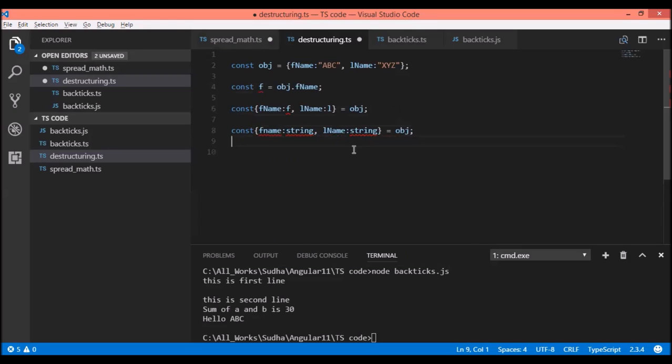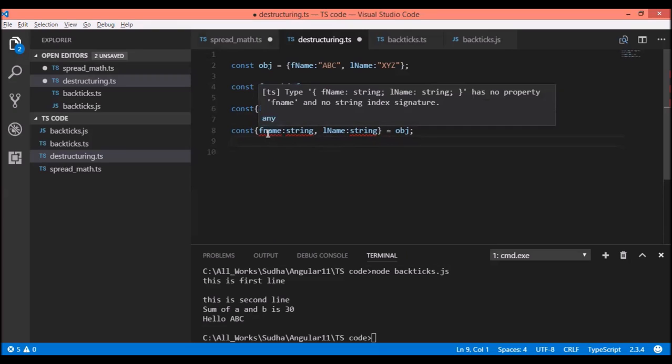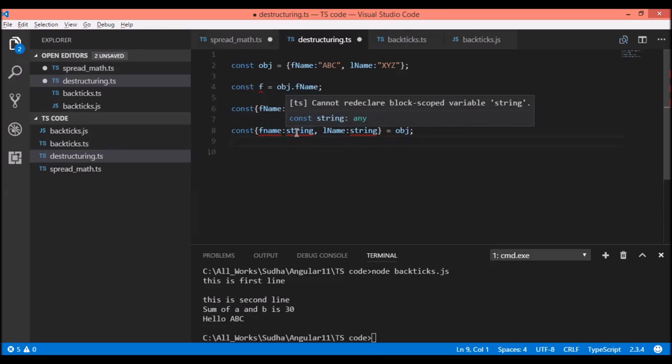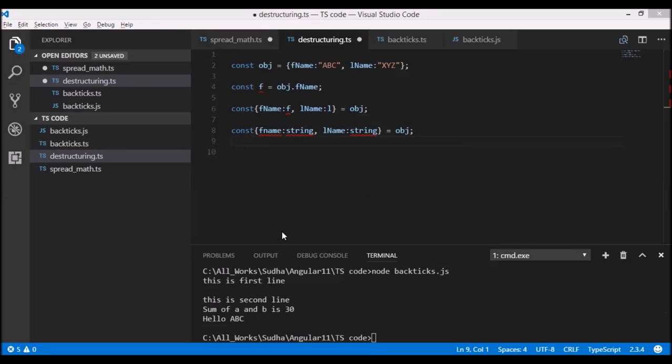So this won't work with TypeScript, because what it is doing is it is assigning the value of this property fname to the variable named string, and again it is assigning the value of this property lname to the variable called string. So it won't work. So the correct syntax is